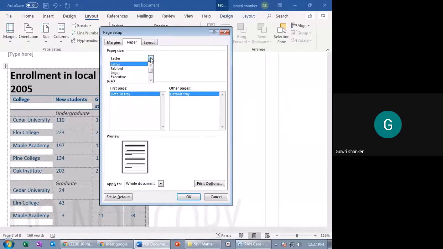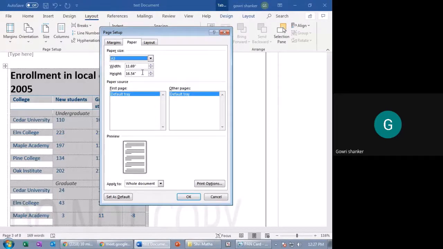It is letter format. You have tabloid format. You have legal format for legal documentation, right? Whenever you go to the sub-register office or when you go to legal, like an advocate, they will produce the legal papers, which will normally be bigger than the size of A4, right? So if that is the case, you can select the paper sizes by default: letter, tabloid, legal, executive, and A3 size. Generally, this A3 size will be used for the construction of apartments, the layout, right? The civil engineers design the layout, and that will be printed on A3 size paper, which is much bigger.